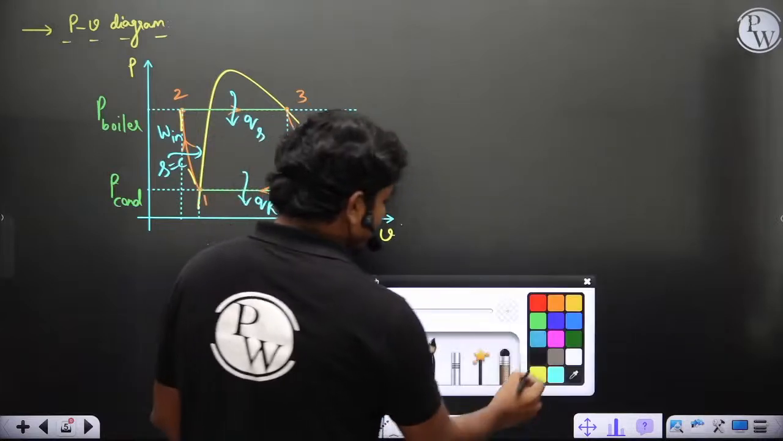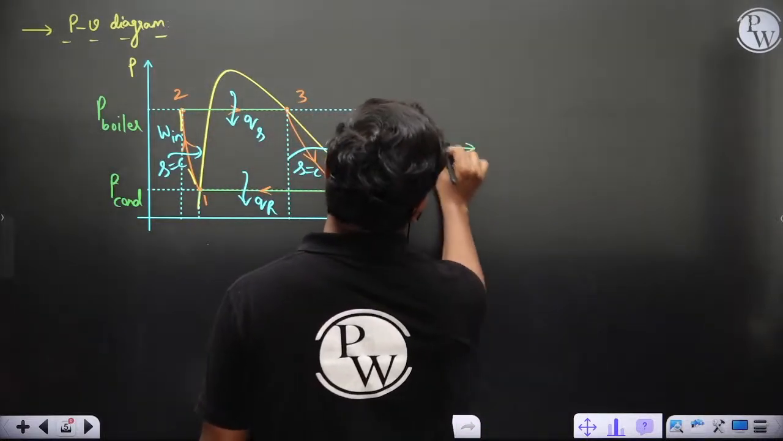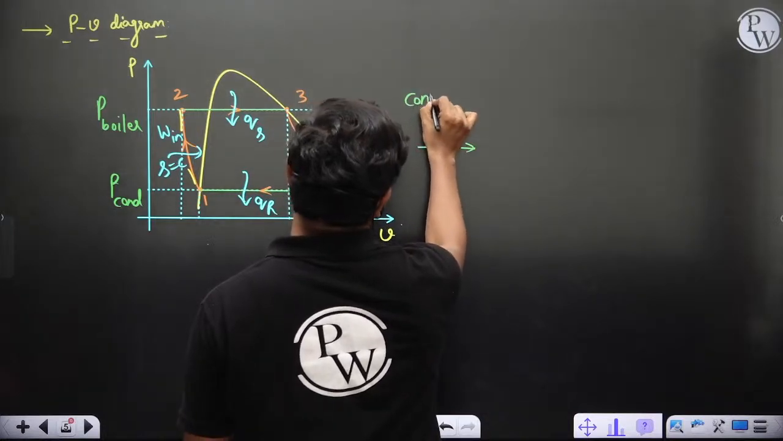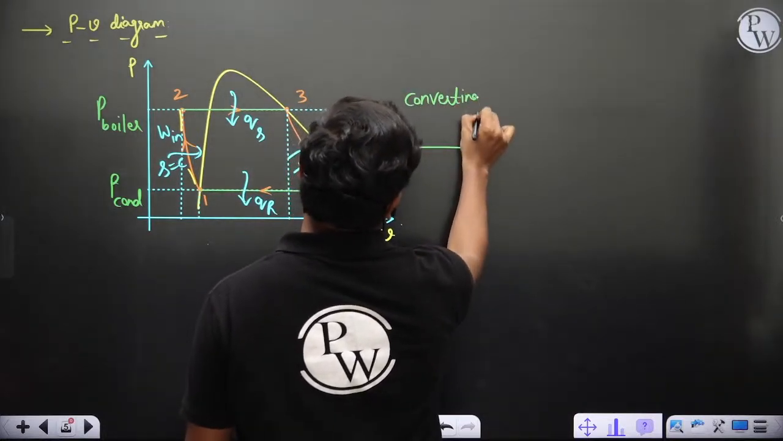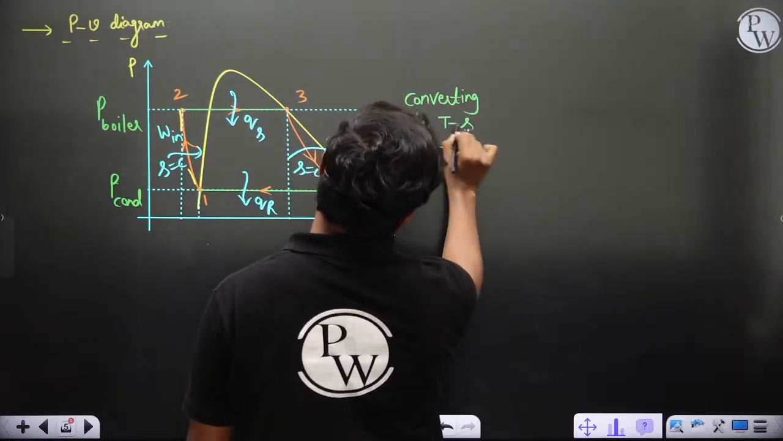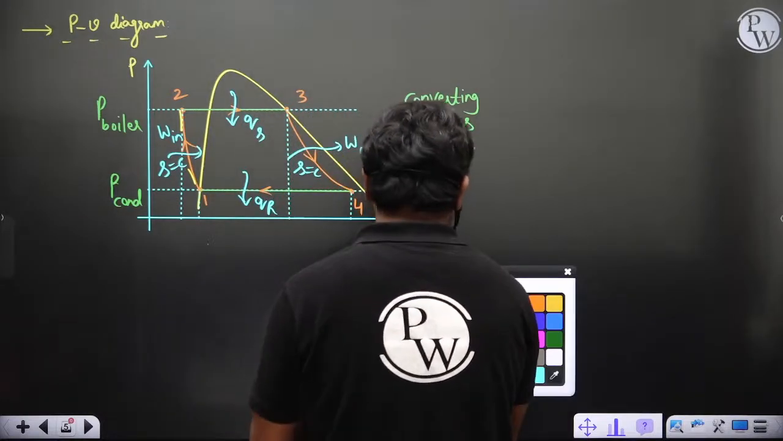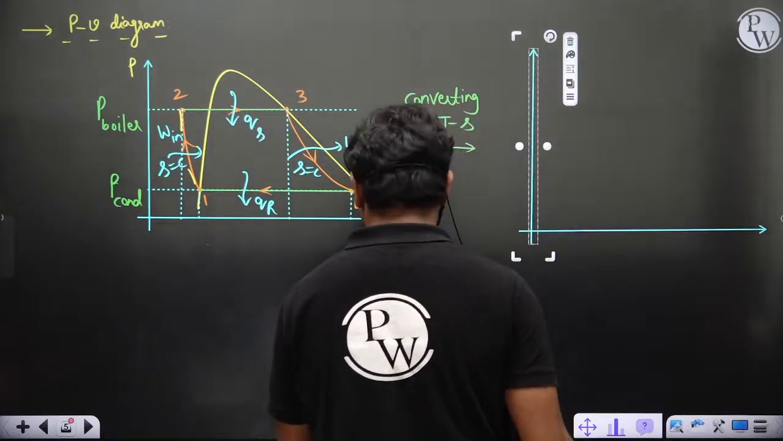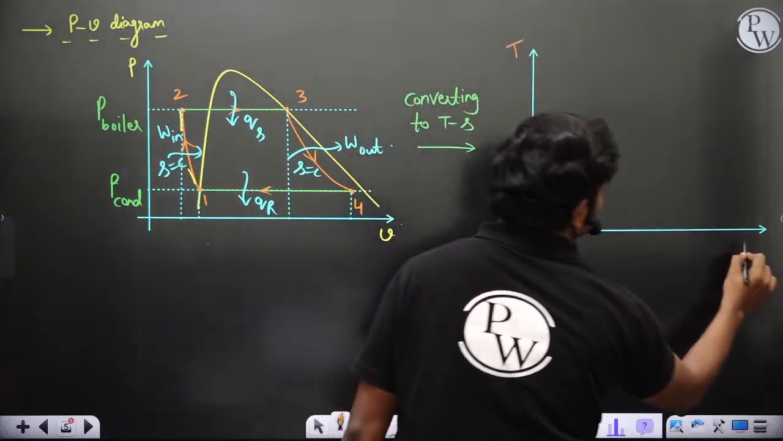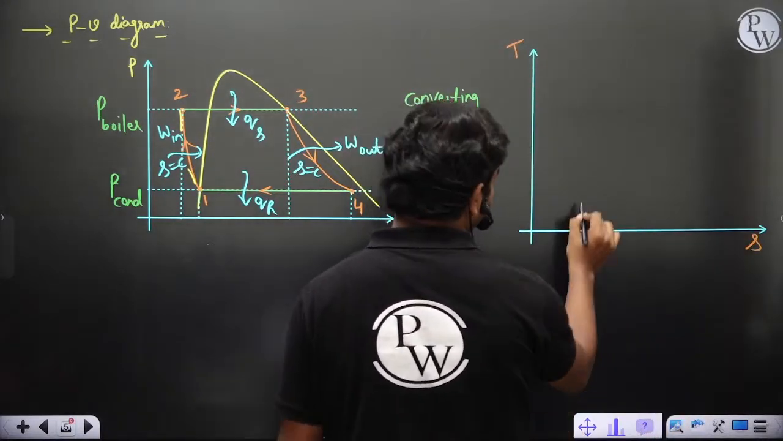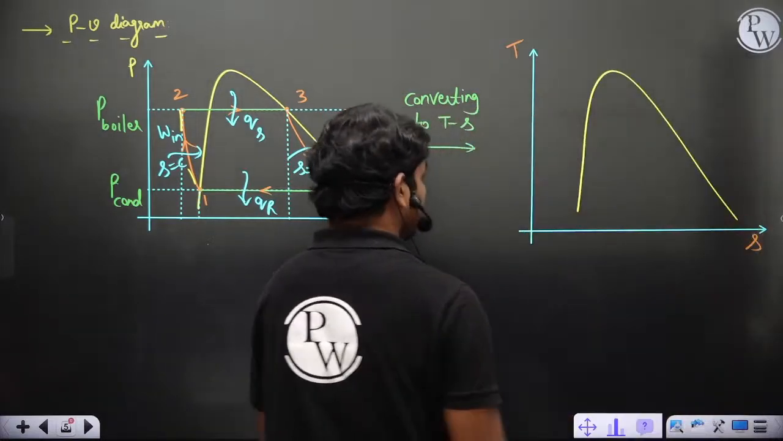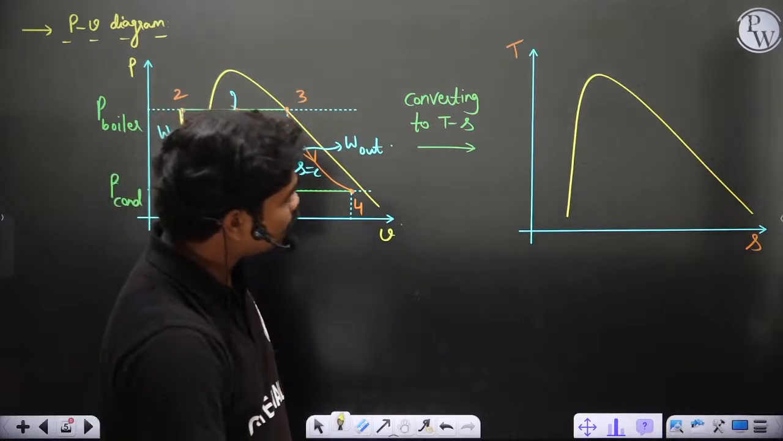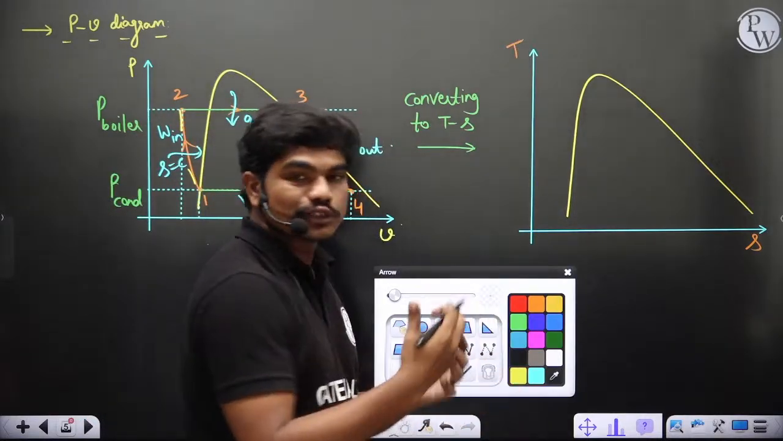Now converting this to TS is the main, interesting job. Converting to TS. If you convert to TS, let's see. The TS dome is important again. Now let's see, if there is a dome like this, then in case of TS, in basic thermodynamics you might have seen,